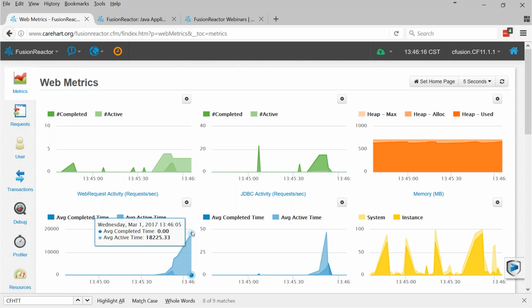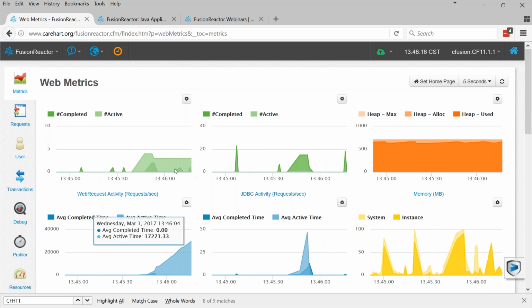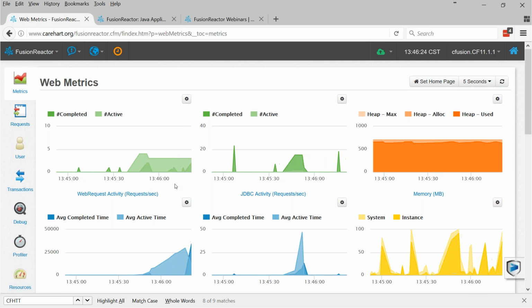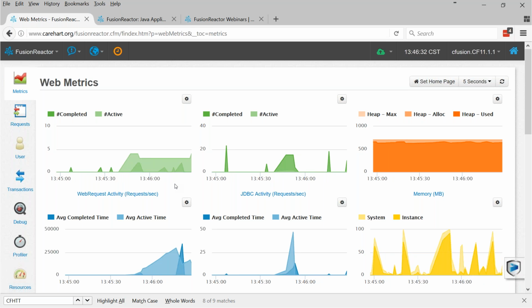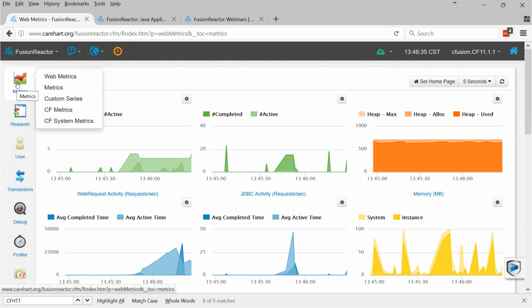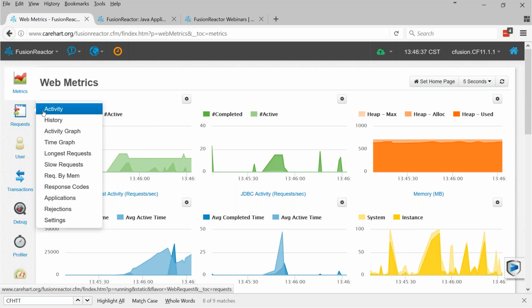If you've got a request that's running for 1,000 seconds, 1,000,000 seconds, or many requests, sometimes you're going to want to say, you know what, I can't do anything about those. They're not hurting anything. I've already dug into them. I wish I could just ignore them. Well, FusionReactor has a way for you to ignore them. If you go to Requests Activity